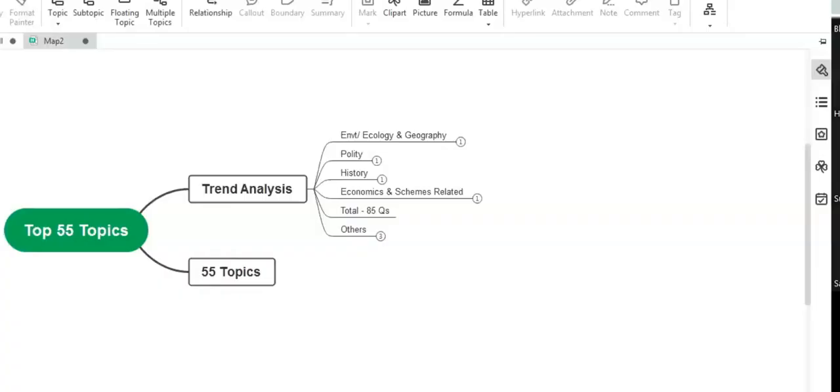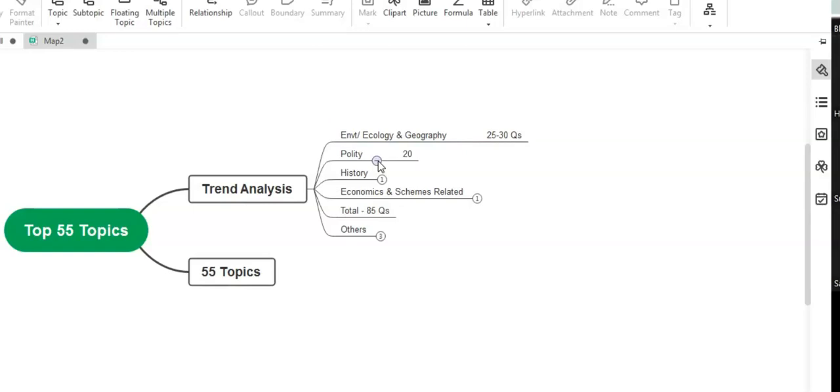But before that, I just wanted to give you these 50 top areas where you can get 85 questions, because they have been asked for the past 10 to 12 years, and these are the short topics asked every single year. Now, when you see the past 12 years of trends in the UPSC, when you analyze the previous years' question papers, the environment and ecology part, and also geography, because these three are interlinked and overlapped, this part alone covers 25 to 30 questions every single year.